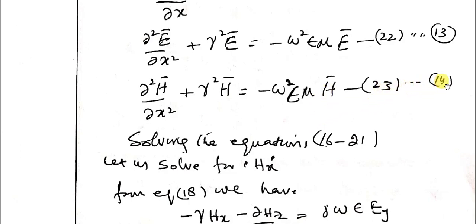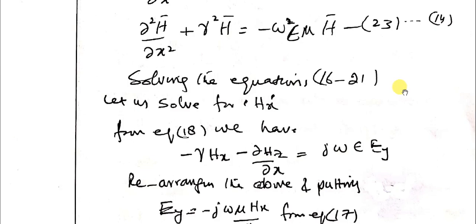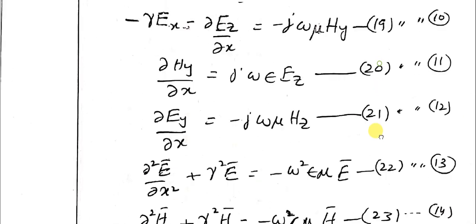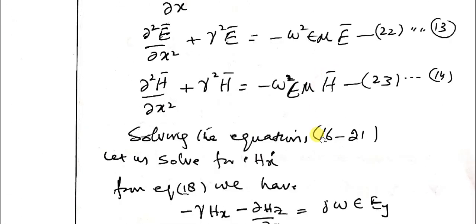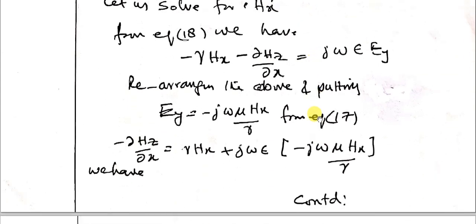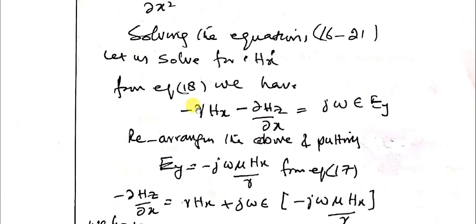Now, solving equations 16 to 21, let us solve for Hx first. We are looking for those components of the field vectors E and H. For Hx, from equation 18 we have minus delta Hz by delta x is equal to j omega epsilon Ey. Rearranging the above equation and putting the value of Ey,